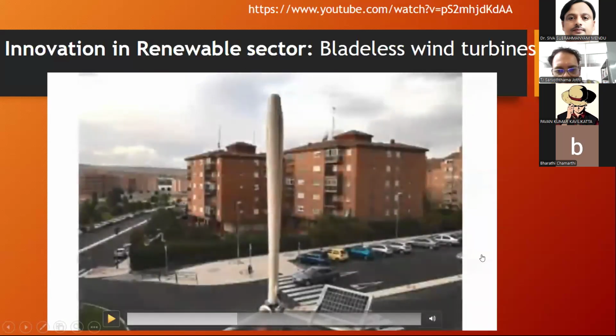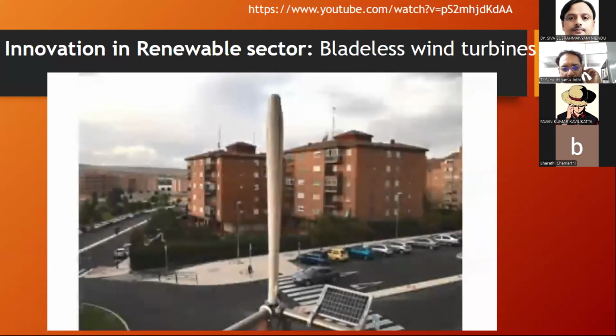This can be installed directly in any place where there is good wind capacity. It works on the vortex shedding mechanism. When the flow happens over this cylindrical bladeless turbine, there is vortex shedding, and automatically the cylinder vibrates. Because of that vibration, a piezoelectric effect or a suitably designed generator produces power. So this is a new concept being developed by some research groups.